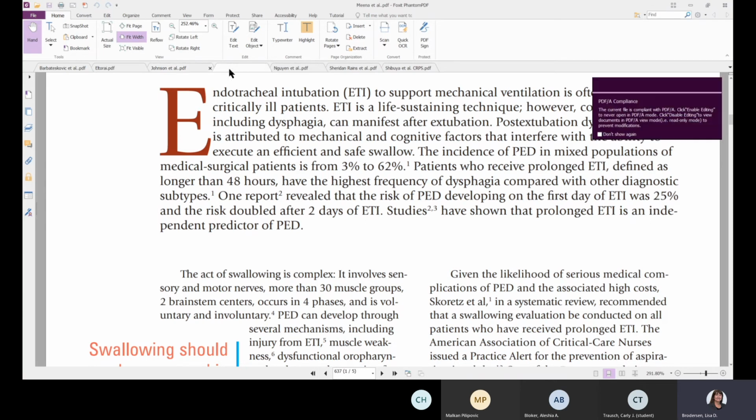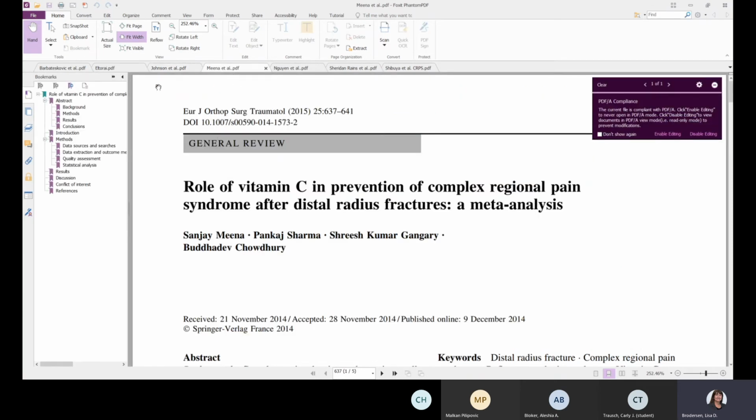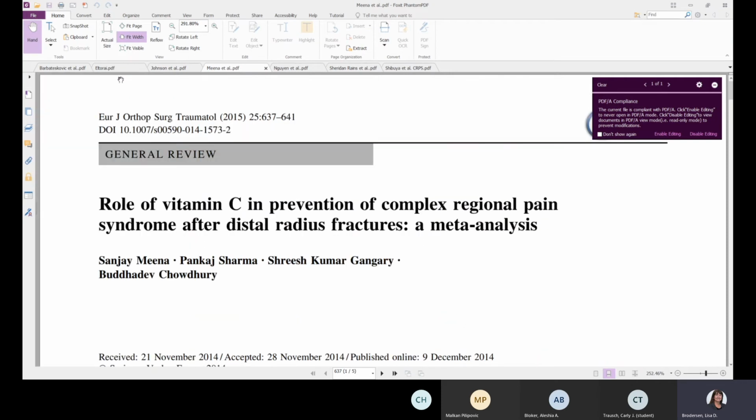Okay, and then we go to Mina et al. This one is about complex regional pain syndrome, which is something that can happen after you have a distal radius fracture like I had. And in fact,